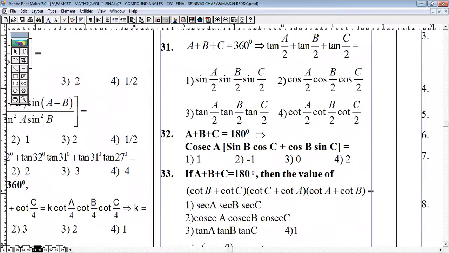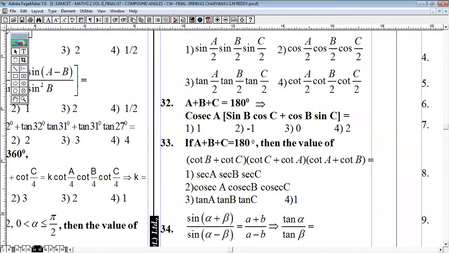Good. Now look at the 32nd problem. It's also a simple question. A plus B plus C was given as 180 degree. Then the value of cosecant A into